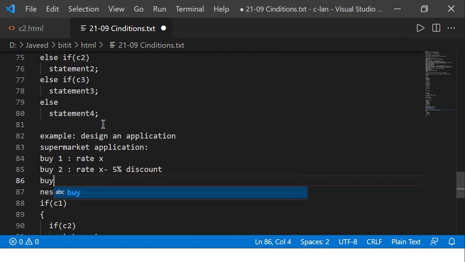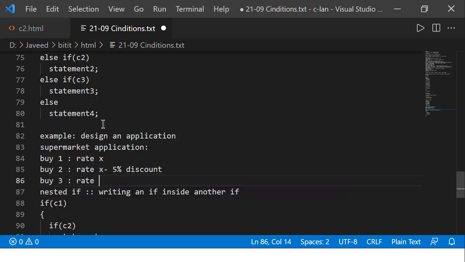Or what they want to do, you buy three. Like this, a series of conditions they are going to have. The rate X, whatever may be the amount you get, on this amount, let's say I'll give 6% discount, like this. Understand what I'm telling? So like this, I have some series of conditions that I want to handle. Then what I'm doing is I'm writing if else, if else, if else, if else.